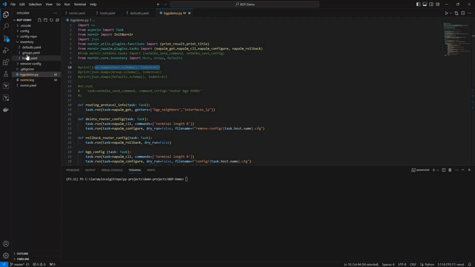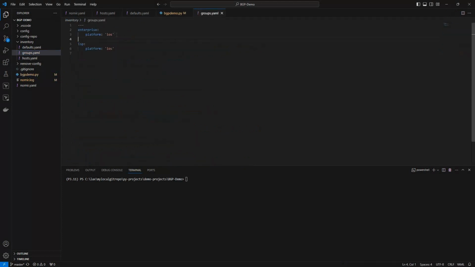As part of the groups.yaml, here we have simply given which platform we are using. So in our case, we are going to use the iOS platform. And then in the defaults, we have given the user. Ideally, you will see the password is generally not given. We generally run through a passwordless implementation, where we can simply use the certificate to log into the device. But in this particular demo, we are actually